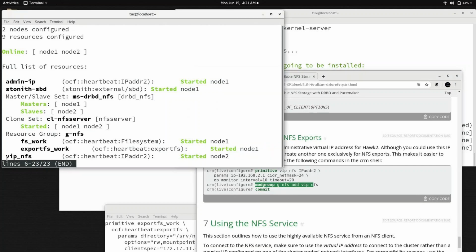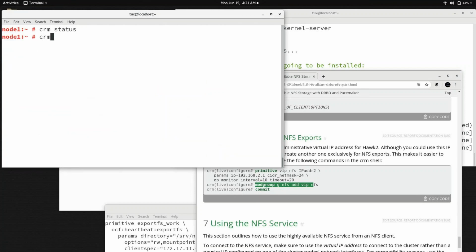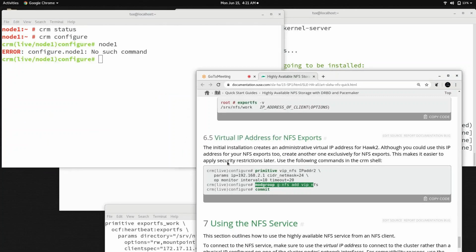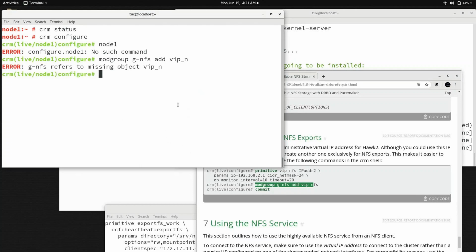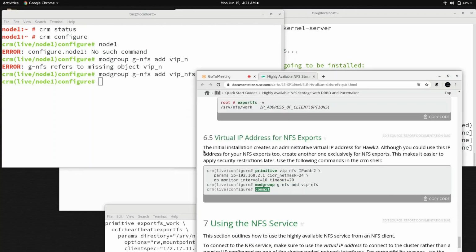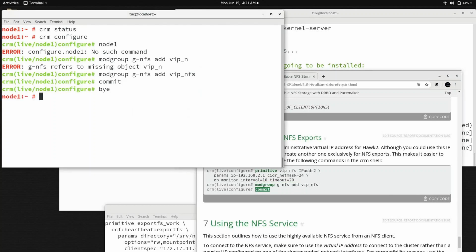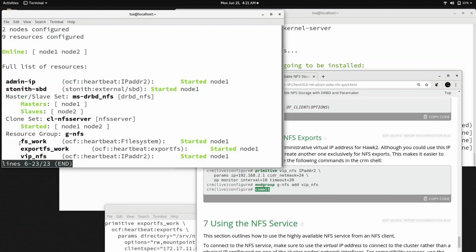So once I add this resource into this group, this particular IP address will come to the same node 1, and I can show you. CRM configure, enter, and just run this up. Oh, not this one. Copy and enter. So what it says is NFS, okay, enter, because I missed some characters, you can see. Now you can commit it, right? So now I can show you something interesting. So you see everything is on the same node, right?